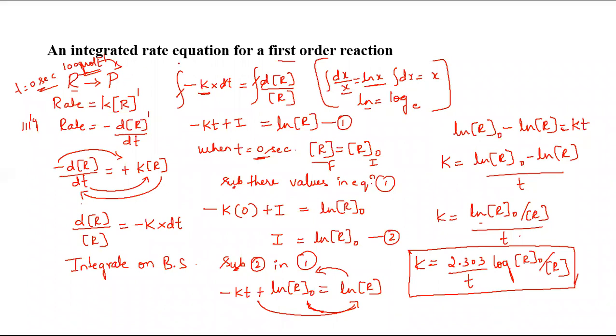Check who has not understood. See, since we are deriving the integrated rate equation for a first order reaction, this is a general equation. We take it the way we took it for zero order. While writing the rate expression, rate is equal to k into r to the power 1, because this is a first order reaction. Similarly, we can express the rate like this, minus dr by dt. Okay, so let us compare the two, only the RHS, because both equations are similar in the LHS, therefore the RHS values will be equal. So when rearranged, the negative sign goes here, therefore dr by r, the minus becomes plus, and this plus becomes minus. Okay, minus k into dt.